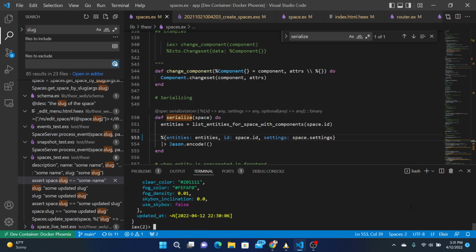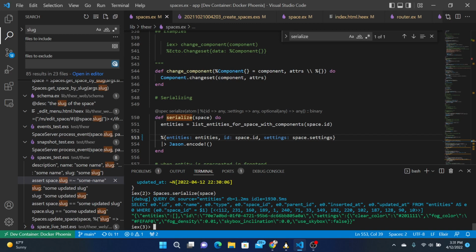Give me one space, yeah. And so now you can do spaces serialize space. Gives you, we've got no entities. Okay, that's right. Okay, that looks fine. Part's working.